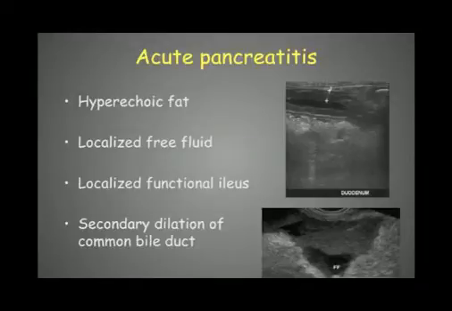We can also observe a localized functional ileus at the level of the duodenum. Like we see here, we have the duodenum, and we can see that the lumen of the duodenum is open, which is normally not the case. The lumen should be completely collapsed when the dog is not in digestion. So that's a sign of a local functional ileus. Here it's filled with fluid, but sometimes it can be filled with gas as well.